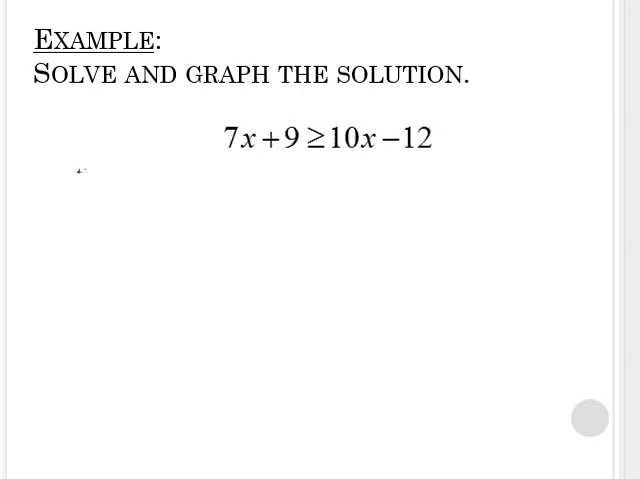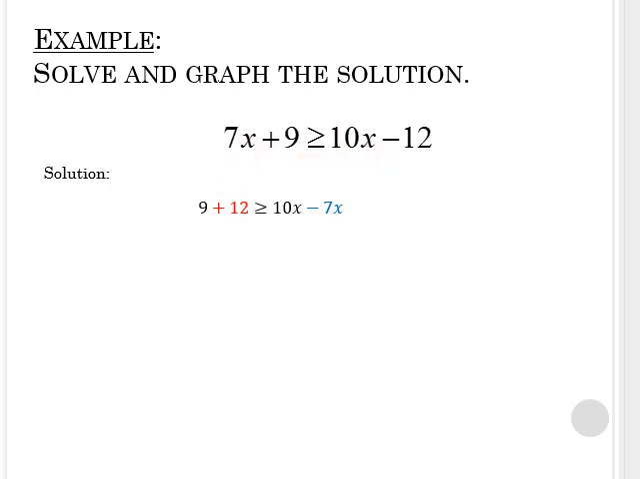So here we have another example. Solve and graph the solution. 7x plus 9 is more than or equal to 10x minus 12. So how do we solve it? We're going to keep the variables on one side and numbers on the other. In this question, I have decided to keep the variables on the right side and numbers on the left. So we move minus 12 to the left side, 7x to the right side. Minus 12 will become plus 12,